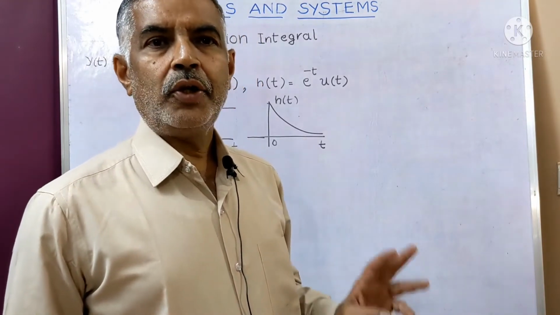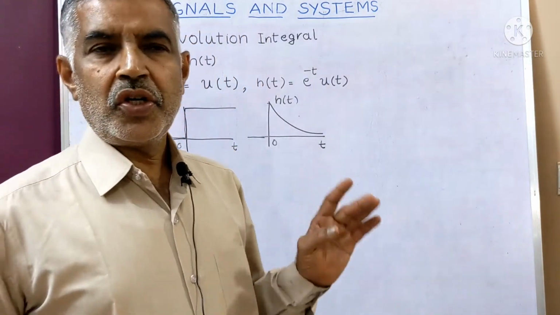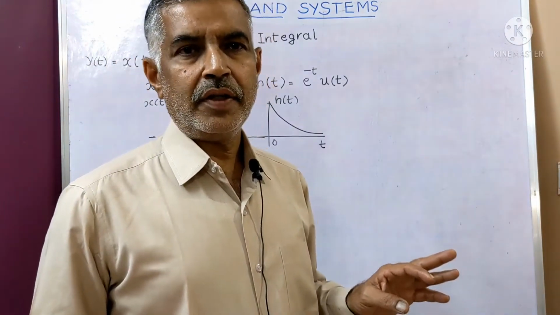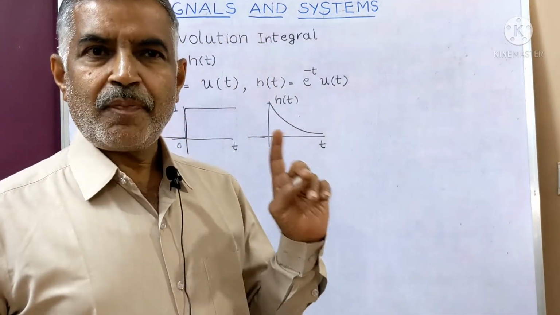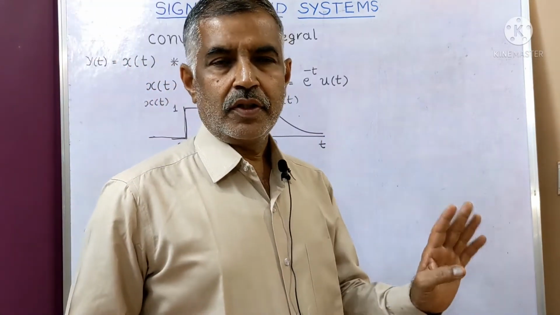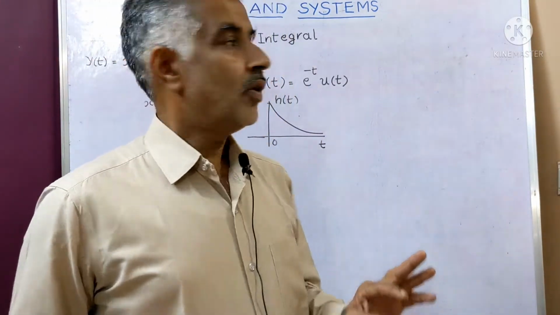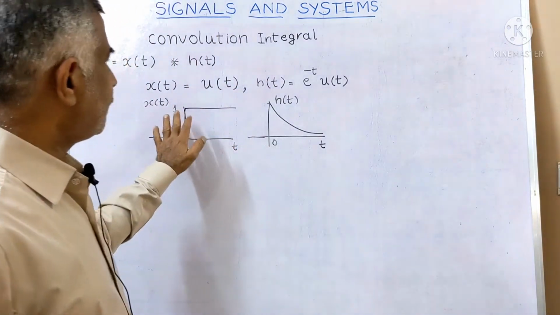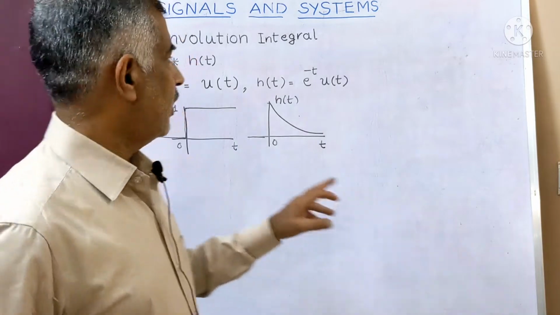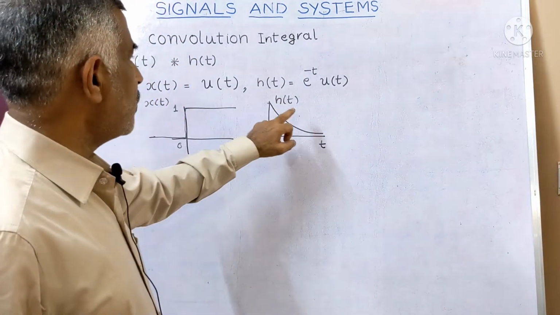Yesterday, I took the exponential function as a stationary function and the step function as a moving function. Today, I have taken the same example, but this time, I will take the exponential waveform